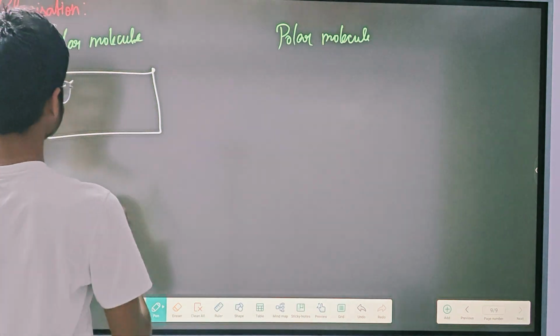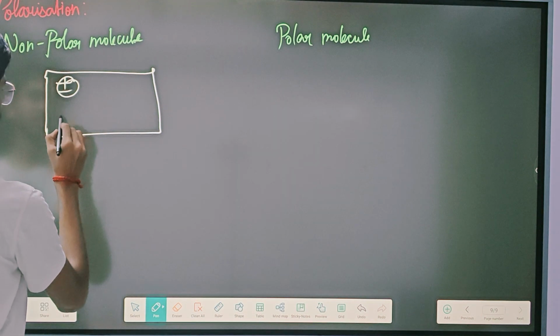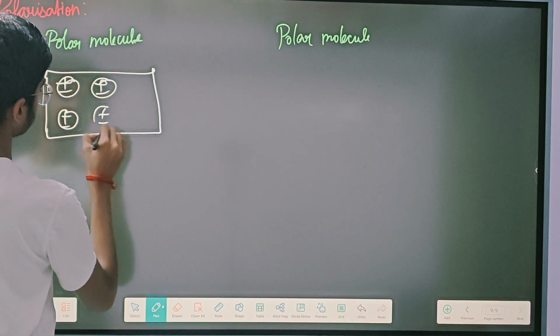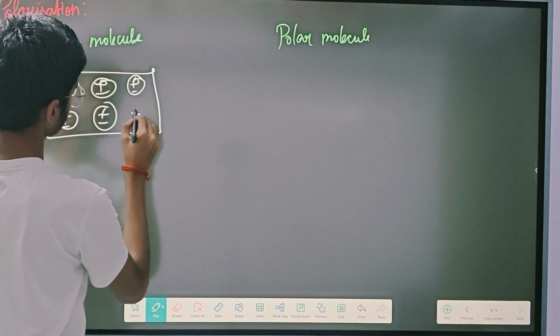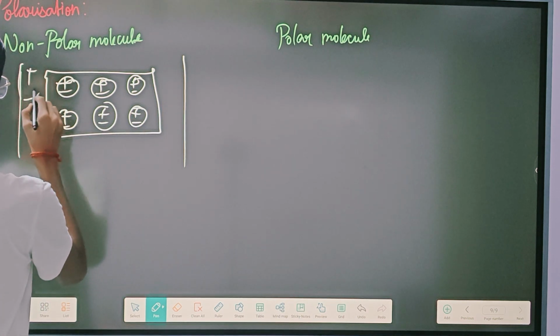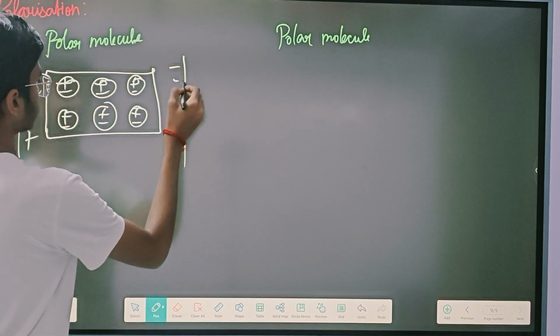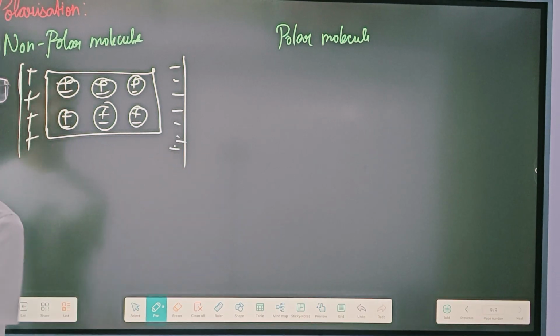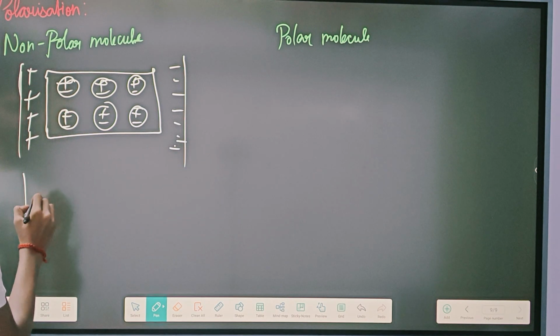So non-polar in the very beginning will be like this. And then electric field will be there, plus plus plus plus plus plus and minus minus minus minus minus minus. So this can be converted into